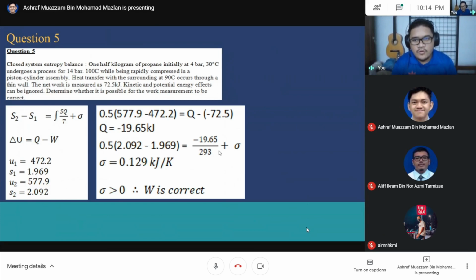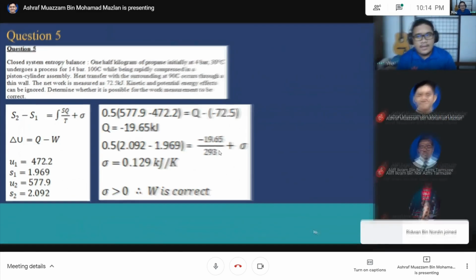For this question, we do not know the initial and the exit energy. Thus, we need to refer to the properties table. Given that the propane is initially at 4 bar 303 Kelvin, and after the process it is 14 bar 373 Kelvin. Now, referring to the properties table, we know that the initial energy is 472.2, while the exit energy is